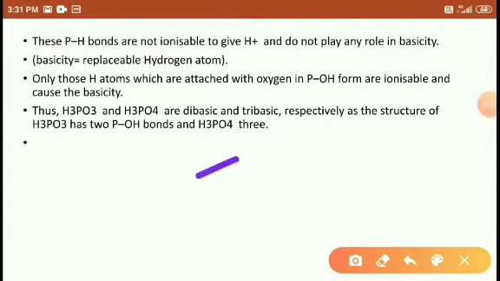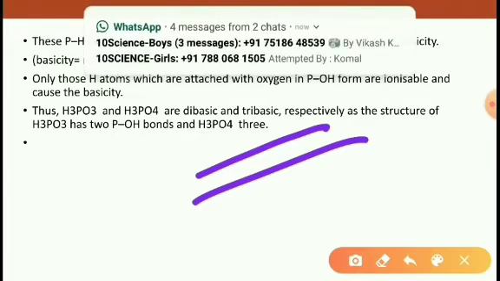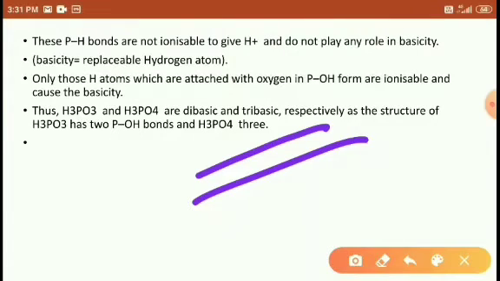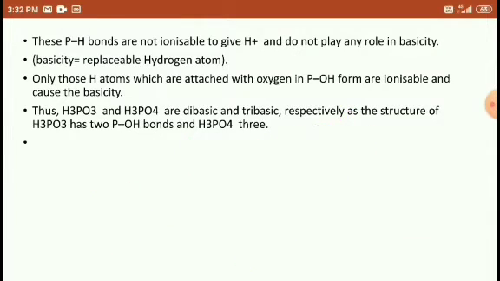This is about phosphorus, students. All the properties of phosphorus and its oxo acids we have discussed here: the chemical properties, physical properties, and the number of oxo acids of phosphorus. So this is about the oxo acids of phosphorus. After this, we have completed group 15. Group 15 is completed here, right, students.